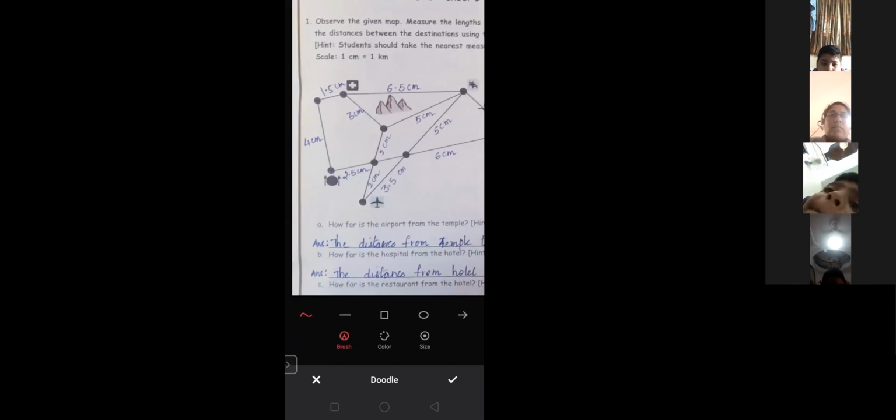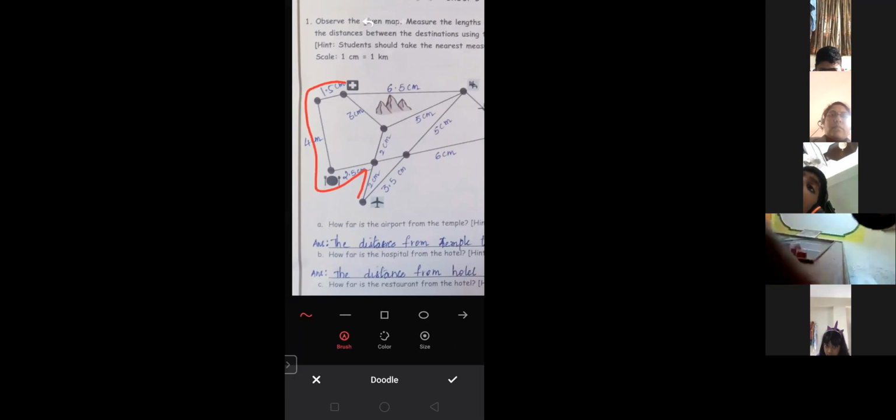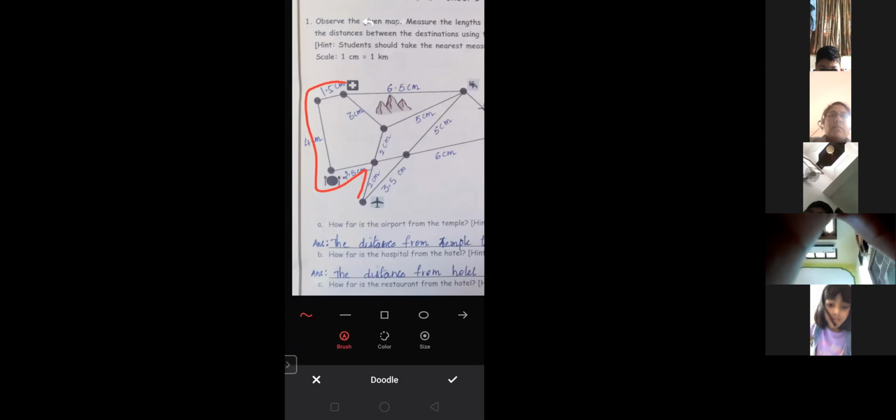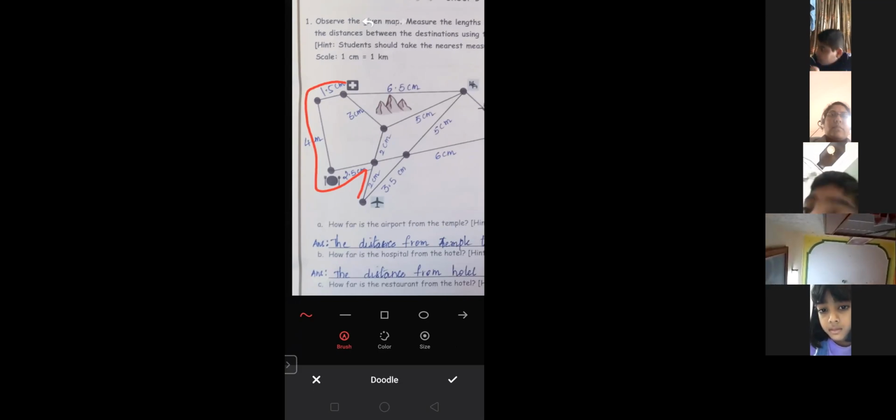Whereas if you choose another path, some other way, suppose you have reached like this, 1.5 is 5.5 centimeters. Next 5.5 plus 2.5 is 8 centimeters. Plus 2 more centimeters, if you add you get 10 centimeters, which is equal to 10 kilometers, which is bigger and longer than the earlier path.